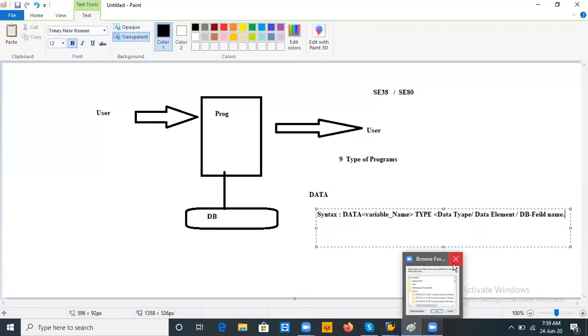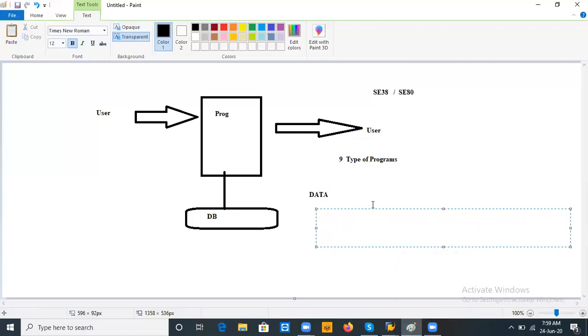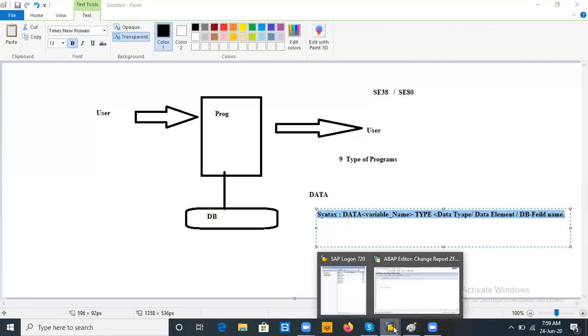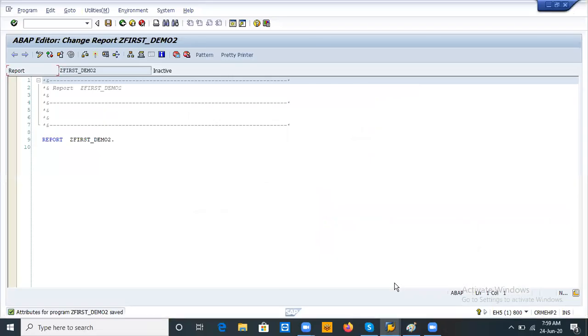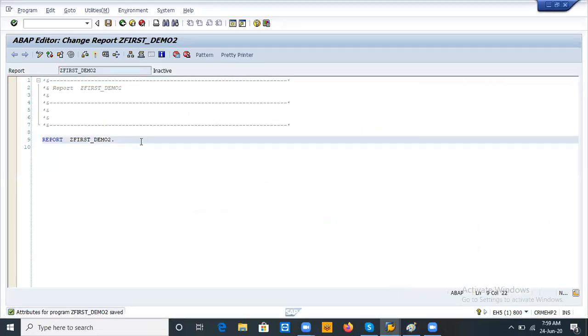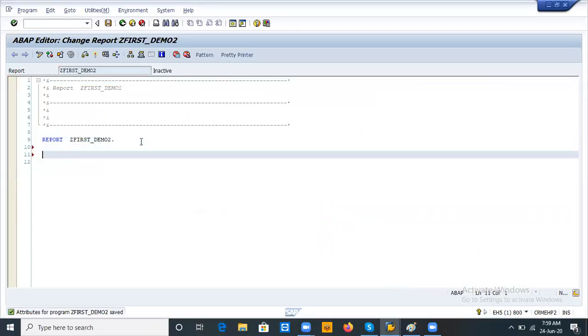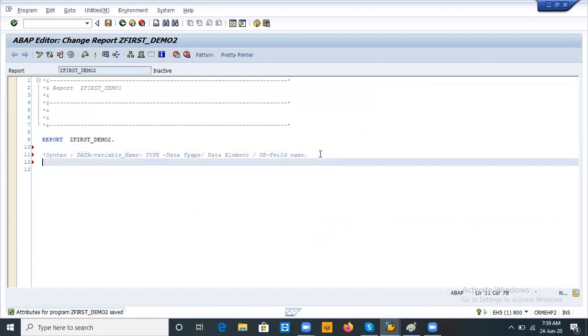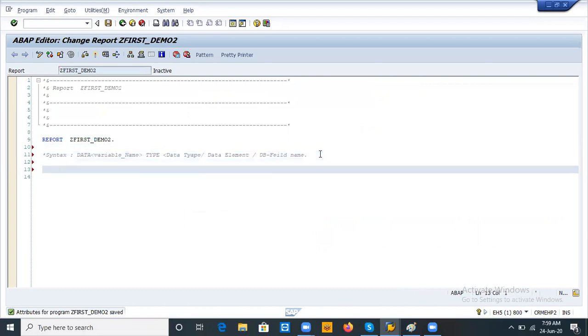See, the same syntax I am using in the coding. Just I have commented it now; this one won't execute, I am using it just for your purpose.